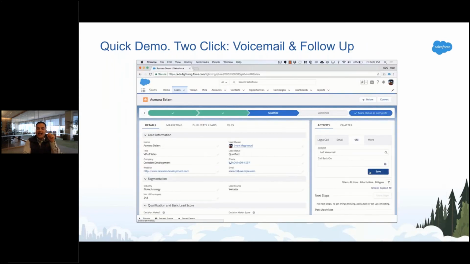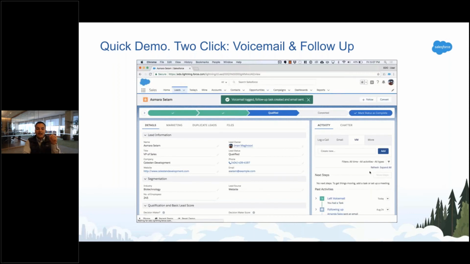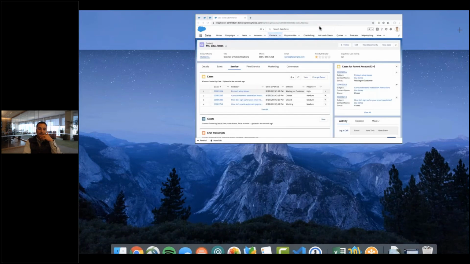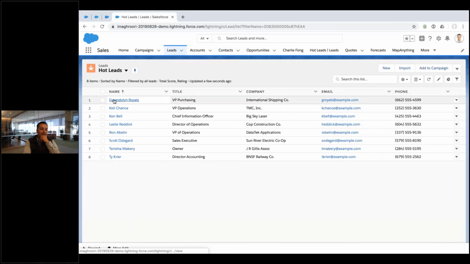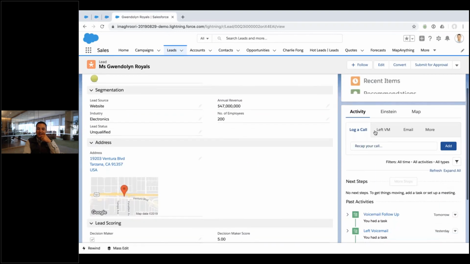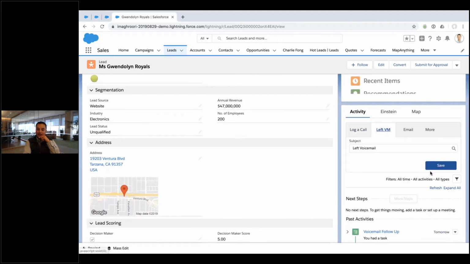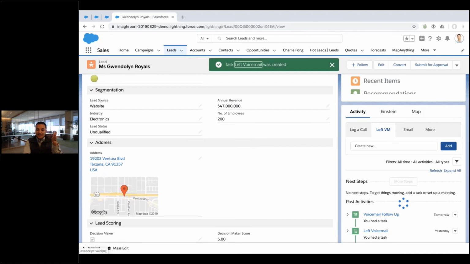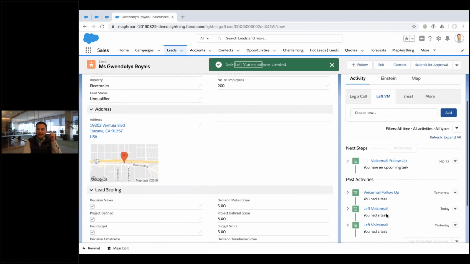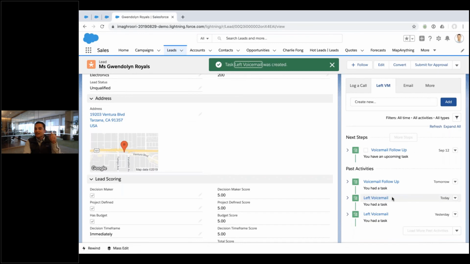They'll go to the left voicemail action, they click save, and that action's logged and a follow-up task has taken effect. So I'll show you real quickly. If I go to a lead record, here's my lead, and there's my text from before. Now notice I can just say left a voicemail, and I click save. That's it. It knows that I left a voicemail today. It knows, yeah, there it is. I left a voicemail today. It knows that it's completed. It knows that I did it, and it scheduled the voicemail follow-up automatically for 2 days out from today.